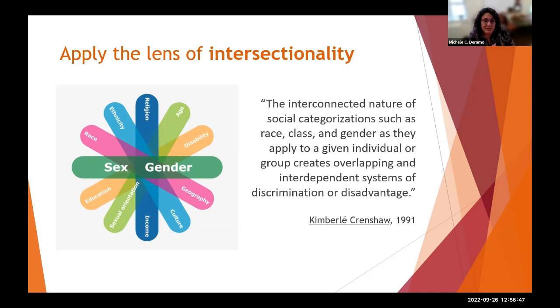That these different categorizations of identity inform how we experience the world, and create unique forms of discrimination and disadvantage. So we always apply the lens of intersectionality, especially like last week, I was on a panel as someone who